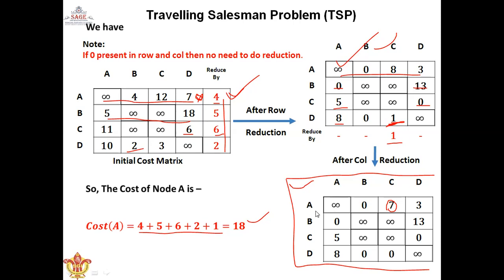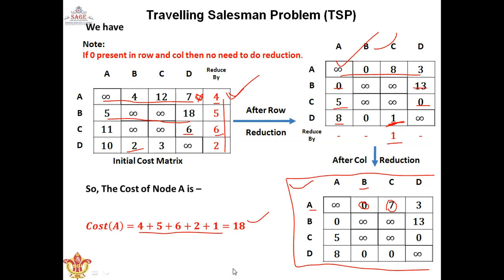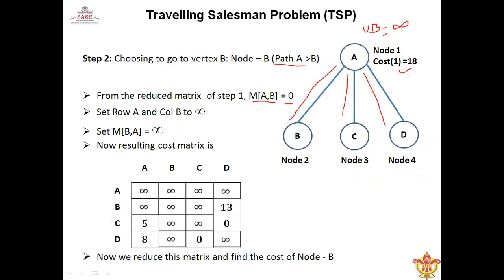Okay. So AB is what? Row A and column B has this value, that is 0. So we have to consider A to B, because we are moving from A to B, so we take this value. Now we have to set row A and column B to infinity in the previous matrix. So we make this row infinity and this column infinity. Okay. So we have made that. Now again what?